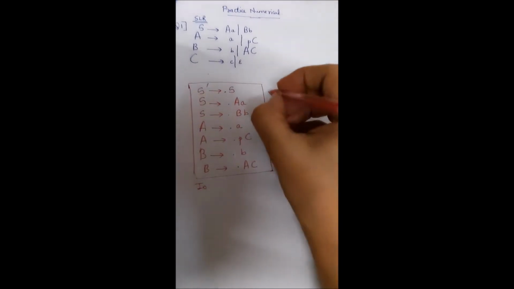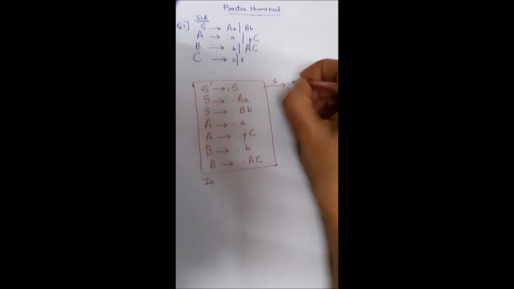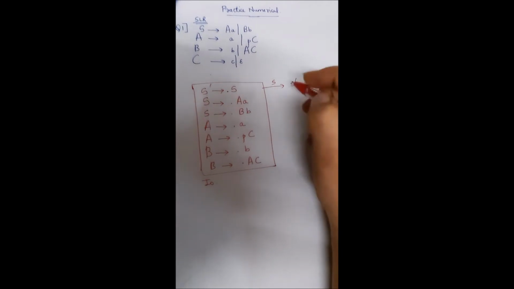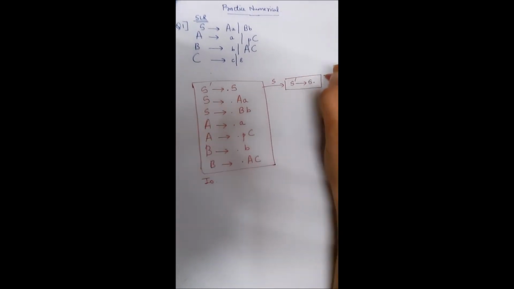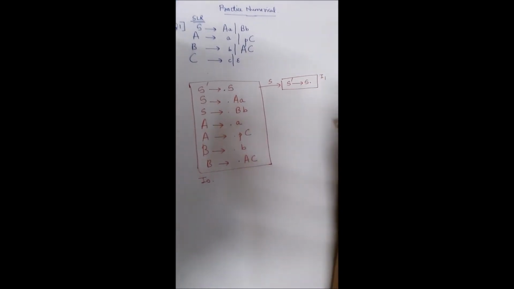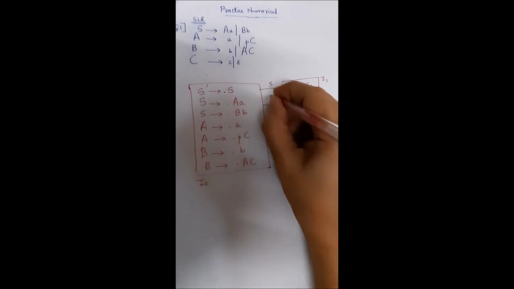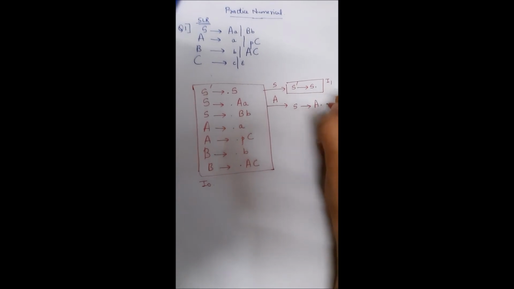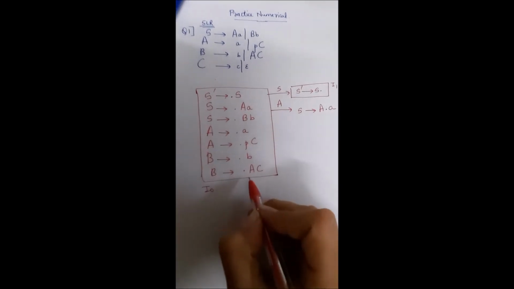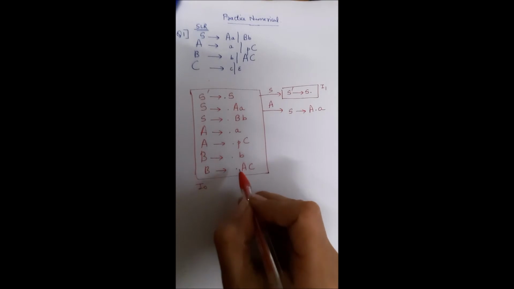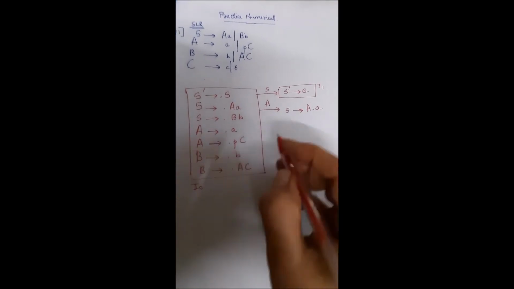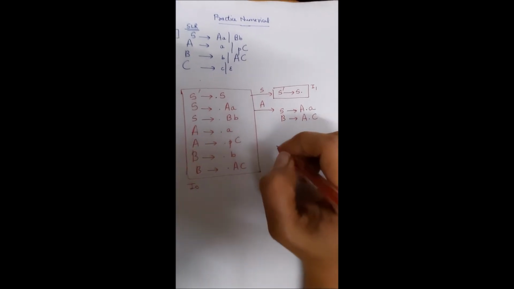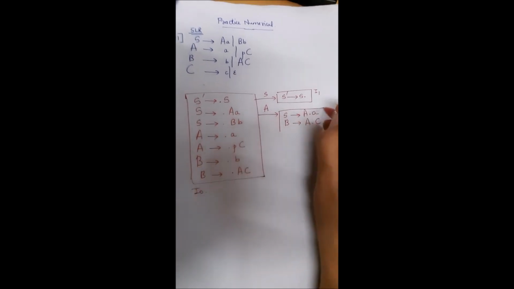So continuing from S, we have S' tends to S dot, and there is no other production from which we move ahead of S, so this will be I1. Next we proceed by capital A, so moving the dot one place ahead. There is one more production rule from which capital A is being processed, so this rule should also be a part of this state. Okay, goto is done.